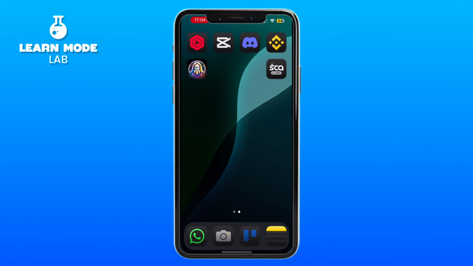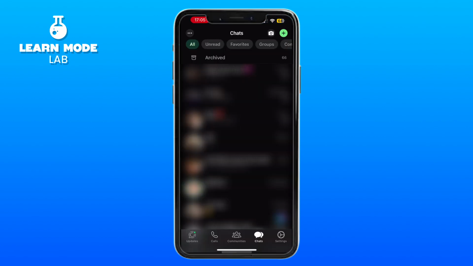So in today's video, I will show you how to remove your WhatsApp from other devices. This is a complete step-by-step tutorial. So let's get started. First of all, you need to open your WhatsApp, and now all you need